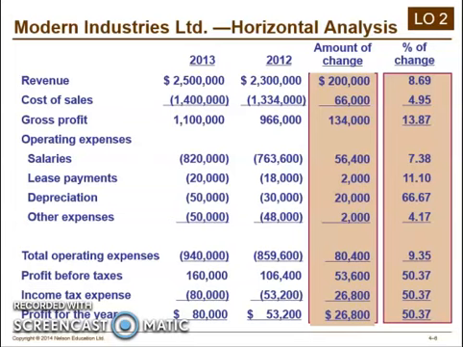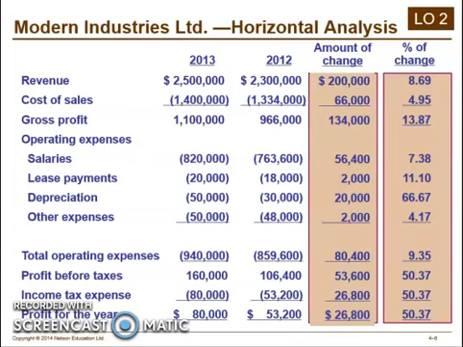So 2.5 million minus 2.3 million gives us a change of 200,000. And that's a positive change because 2013 is higher than 2012. Then to find out the percentage of change, you take the amount of change, which is 200,000, divided by our oldest year, 2.3 million. So 200,000 divided by 2.3 million gives us a percentage change of